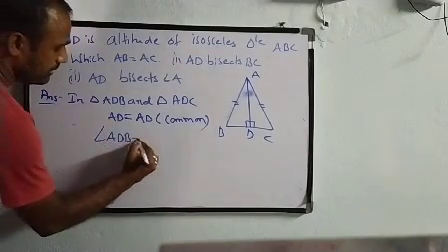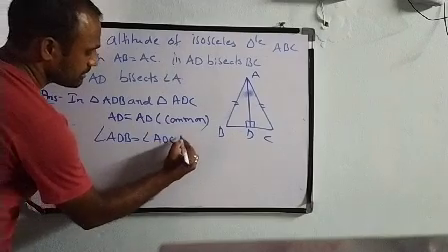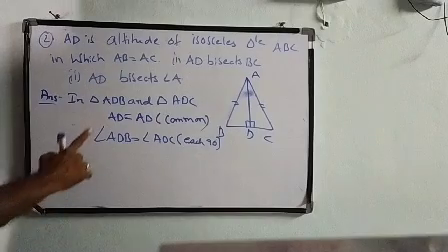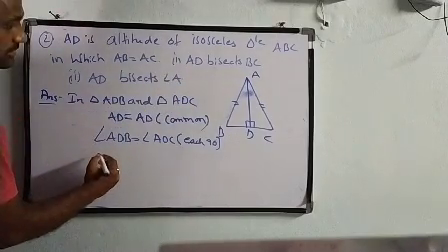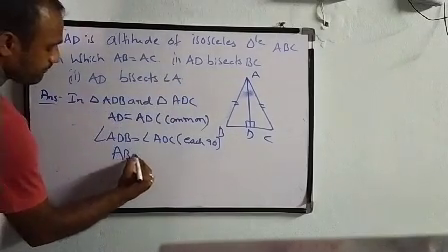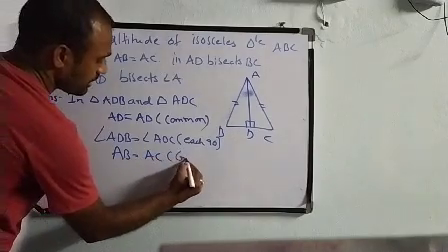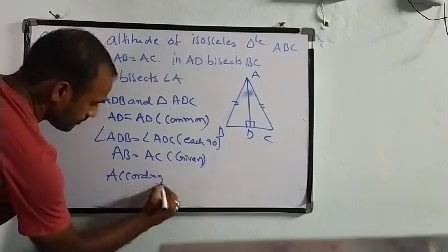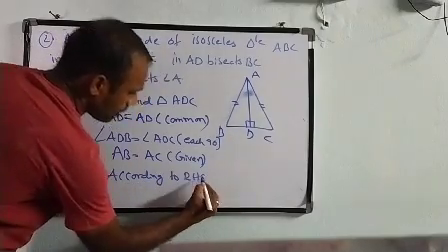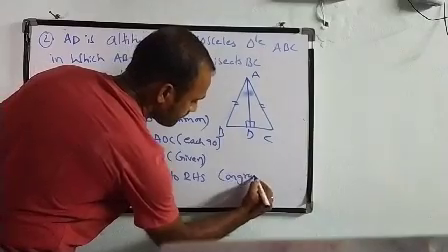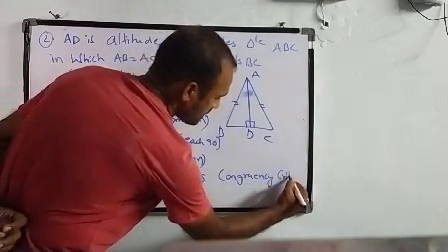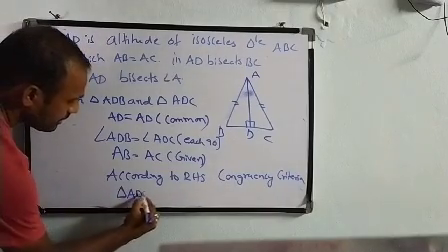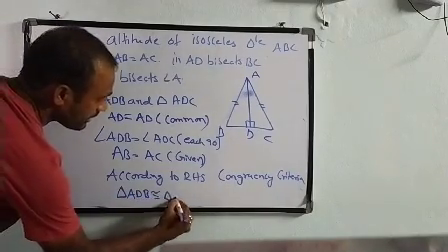Angle ADB is equal to angle ADC, each 90 degrees. Next, AB is equal to AC, which is already given. So according to RHS congruency criteria,